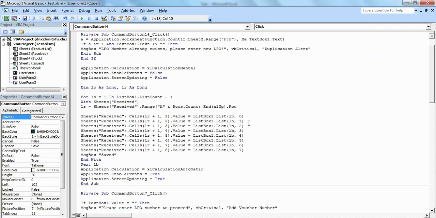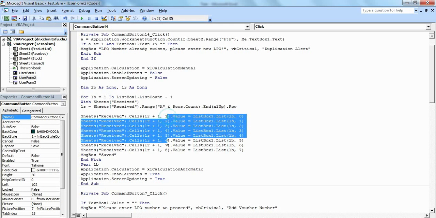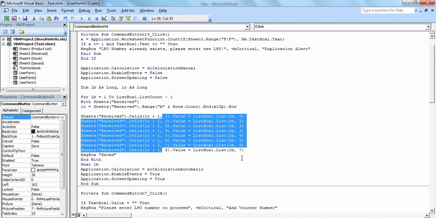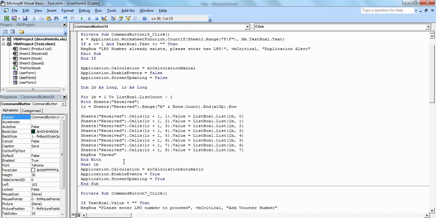LB represents the rows after the heading row, and all other code is the same; only we have changed the column numbers in the sheet values and in the list box values. There are no other changes.